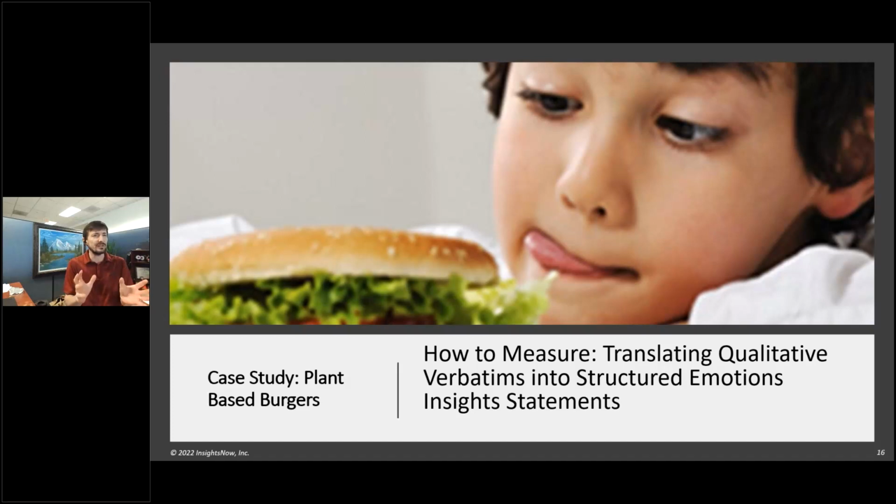This plant-based burger study, to give you a little context on it, we had recruited a group of people who were using plant-based burgers, but none of those people had tried Beyond Burger yet. And this was when Beyond was just doing their big launch and moving really fast in the market. So they were regular users of the category. We had them evaluate their current product, so we were expecting reasonably positive emotions because it's the product that they like to use. And then we gave them Beyond Burger as a new product that they hadn't tried. So we couriered that to their door. They got to use it in their house, and then they evaluated that.